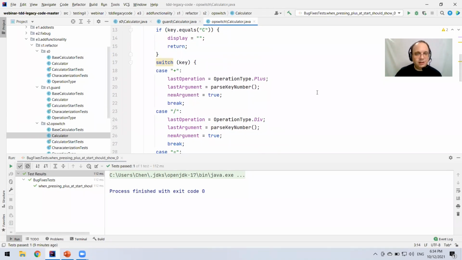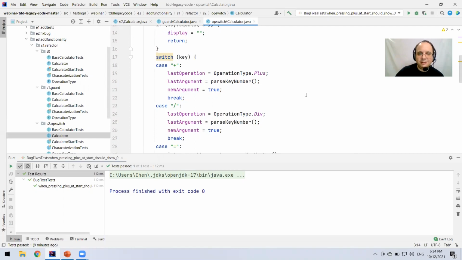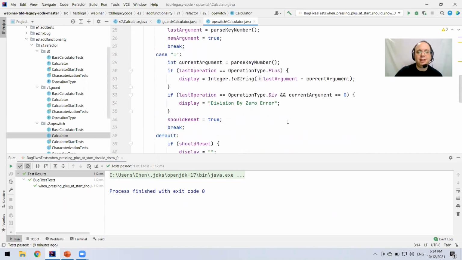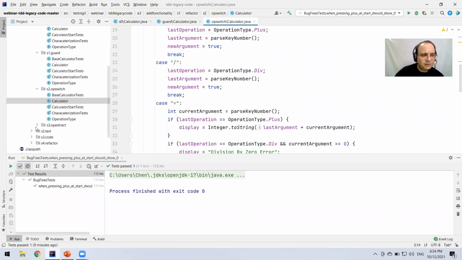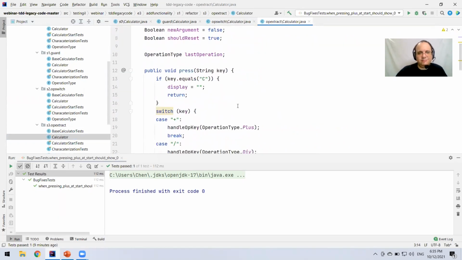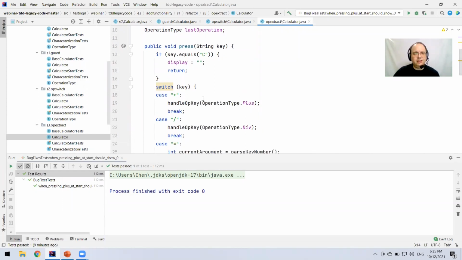I'm just going to copy these things again. But am I going to do that? Absolutely not. Why should I copy stuff? I'm going to extract the method first. And extracting methods really is, apart from renaming, the simplest and safest thing